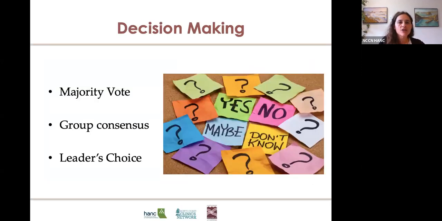And then, of course, decision making. As Melanie and I have both stated, be really transparent about what the decision-making process is within your team or within the project as a whole. So will decisions be made through a majority vote? All the ideas are put on the table, everybody shoots up their hand, the highest number of hands wins the vote, and then that action carries forward.